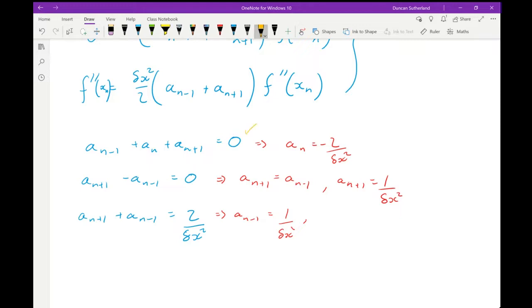This is correct. That's in agreement with my notes. This is correct and in agreement with my notes. This is correct and in agreement with my notes. It is straightforward to deduce that an minus 1